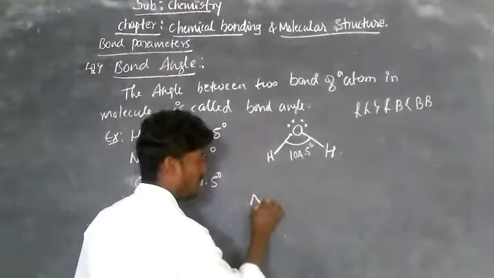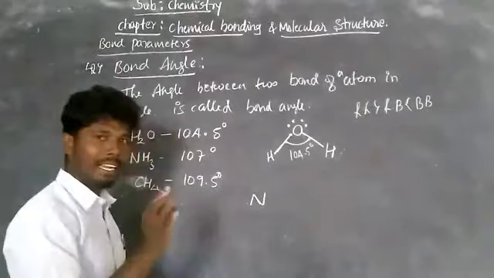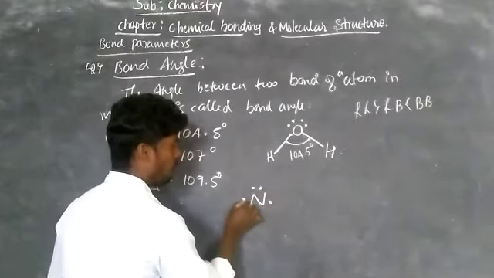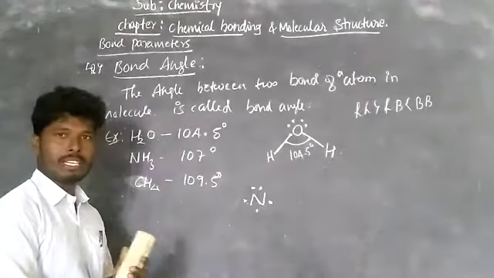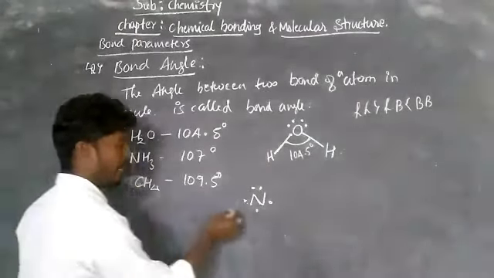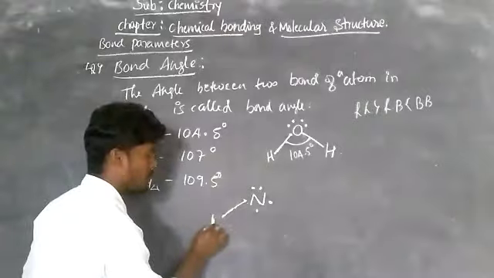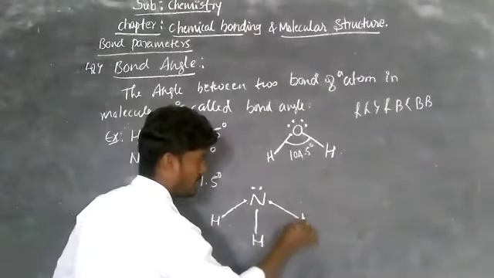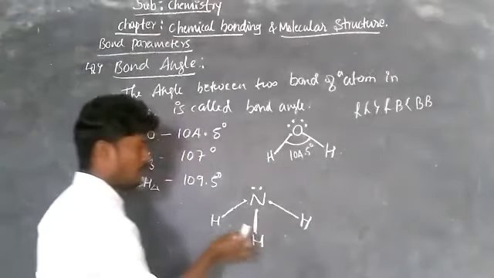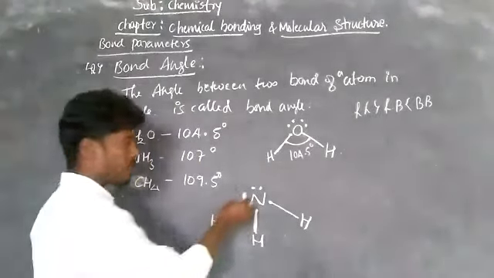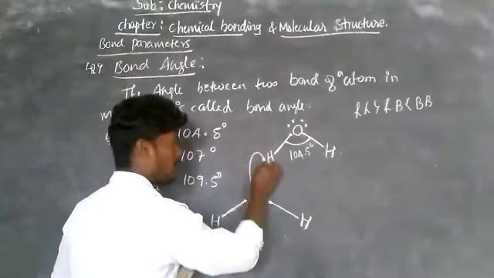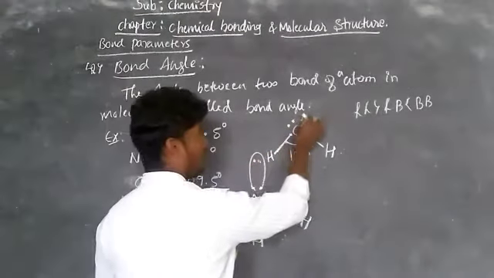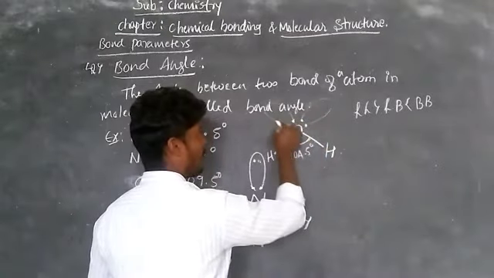That is nitrogen, and here there are 5 valence electrons: 1, 2, 3, 4, 5. Around nitrogen there are 5 electrons. Now it will make bonds with 3 hydrogen atoms to attain the octet configuration. This is the structure of ammonia. Now observe here, there is a lone pair of electrons. This is the repulsion, right? These electrons are present in orbitals like that. So here also there are orbitals. I am not drawing them.